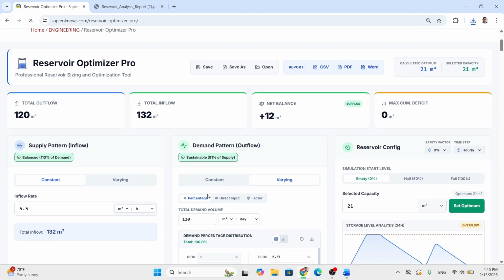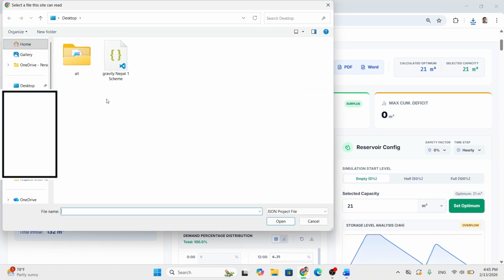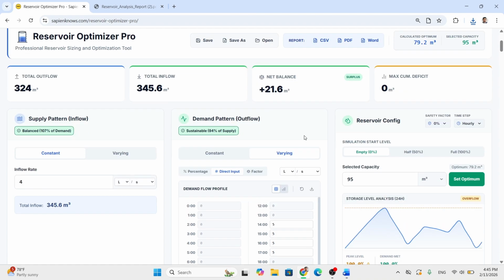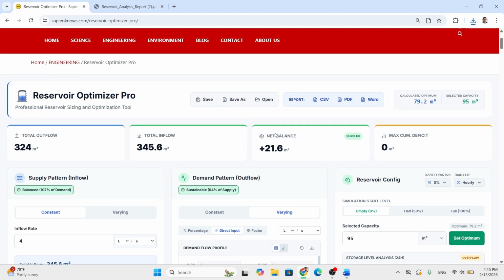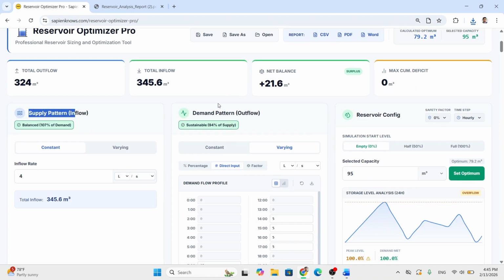So with the file you can always import the file. So in this way you can design a tank, a reservoir tank, and also optimize it based on inflow, outflow,